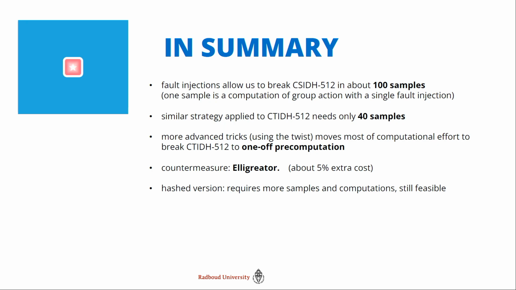Last but not least, it would also make sense to have a hashed version, right? In reality, maybe the device will not give you back the coefficient that you were hoping to get, this public key, but actually a hashed version of this, and then you are able to do fewer of these tricks in the graph. But we also analyzed this in our paper, and we think that for CSIDH-512 and CSIDH-1024, it should still be very feasible to run this attack. It does require more samples and more computation power, but it is feasible.